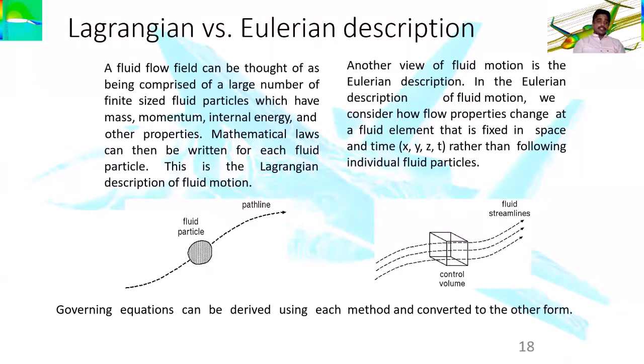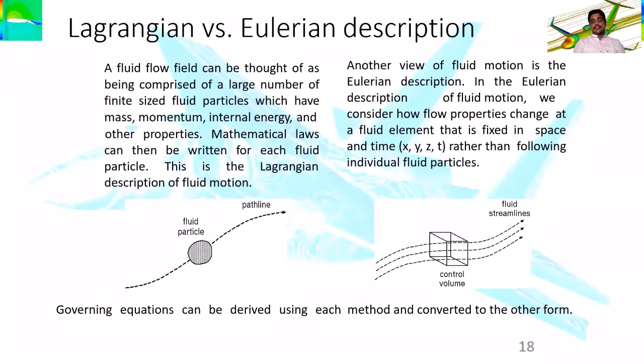Here in the images, it is best visualized on the screen. When only one fluid particle is being traced, we call that a Lagrangian approach. And when the entire control volume is considered, and the fluid particles move within that control volume, it is called a Eulerian approach. Whereas the Lagrangian follows only the particle-wise approach, the Eulerian follows a bunch of particles and their behavior with respect to time.